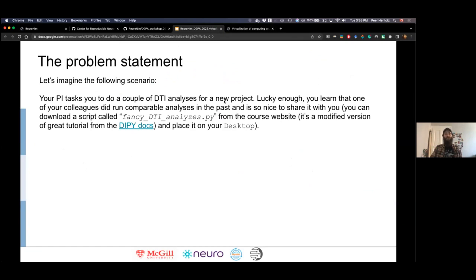Imagine the following scenario. I think a scenario we're all rather familiar with. Your PI tasks you, in our example here, to do a couple of DTIs, so diffusion tensor imaging analysis, for a new project the lab is running. You're lucky and learn that one of your colleagues did run some comparative analysis in the past and is actually nice enough and able to share the script with you. So,